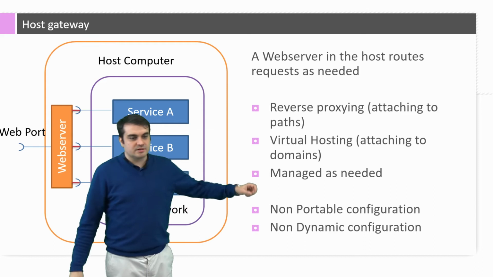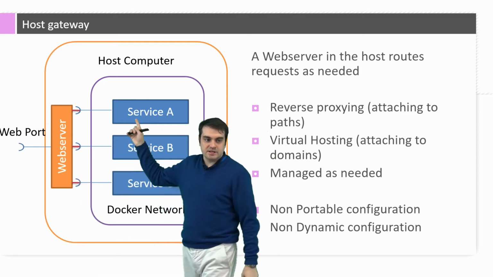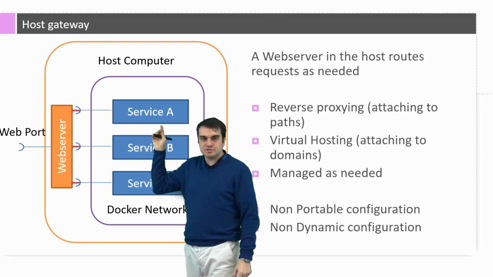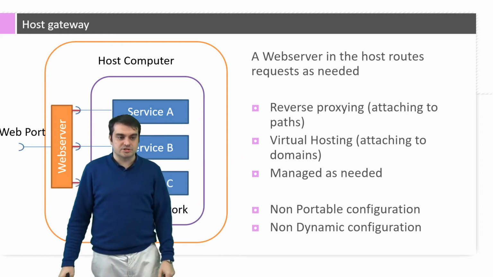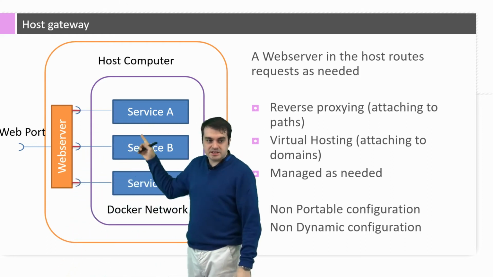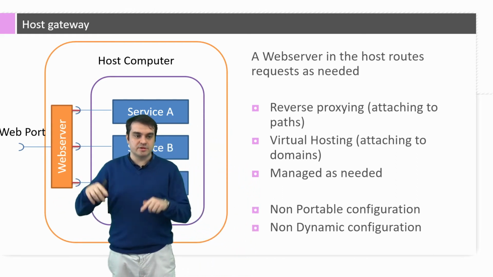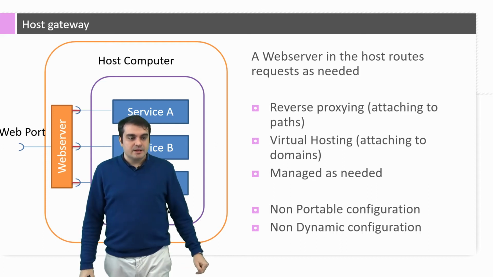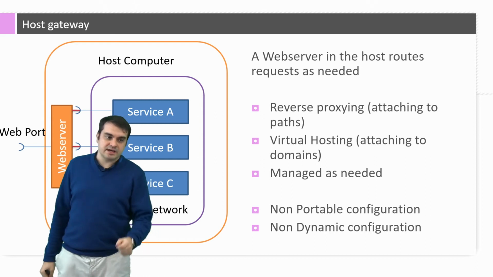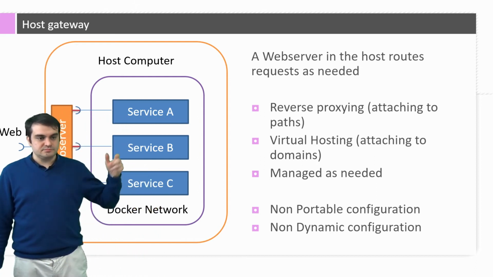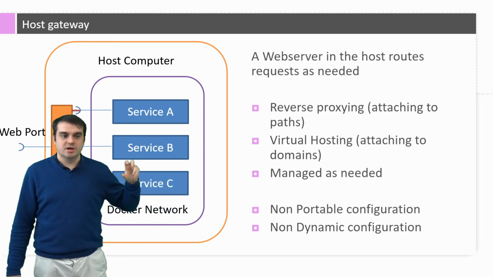This way we can set up things like reverse proxying, by which we attach each service to a different path in the request, or we can use virtual hosting, by which we attach each service to a domain, always when the domain points to the same server. This allows us to manage as needed. So if we add a new service, we can set up this new service, whether it's a path inside a virtual host or